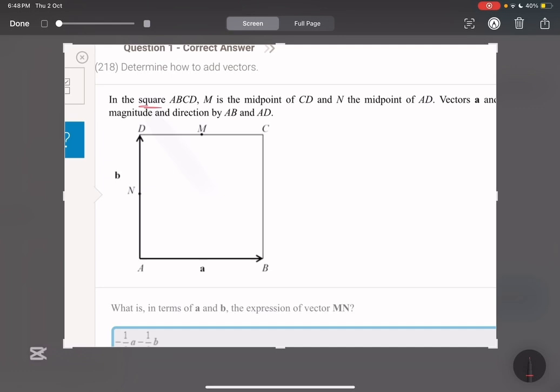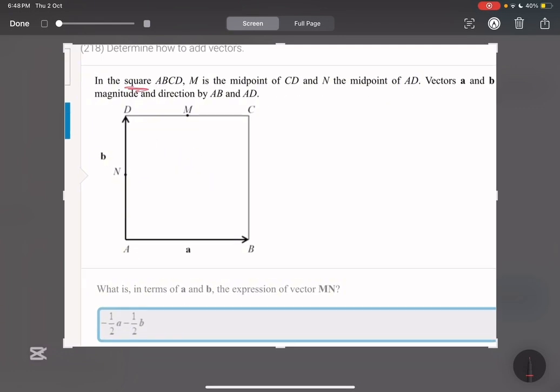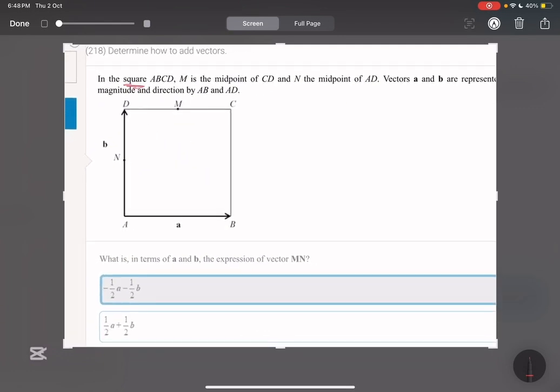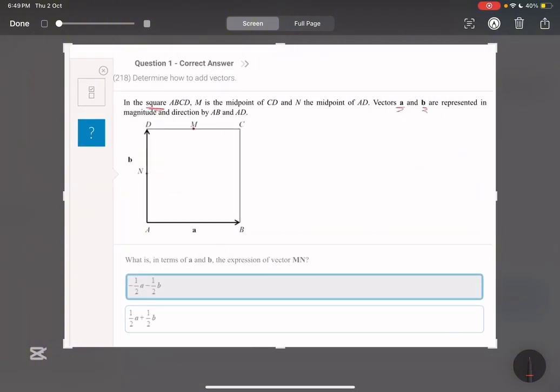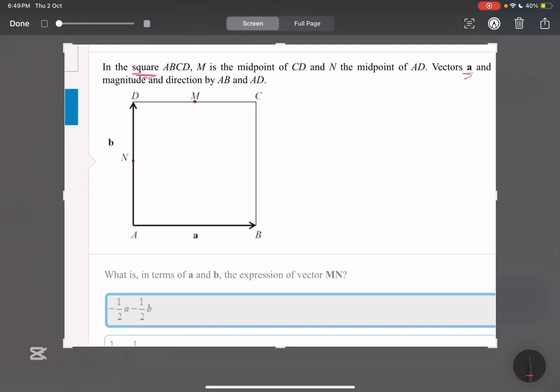So it's a square. First thing they gave us is A, B, C, D is a square. And these are midpoints. Okay, and there's vectors A and B represented. So if it's a square, then if this is B, then this is also B. And if this is A, then this is also A. Like DC is A and CB is B also, okay? Now,